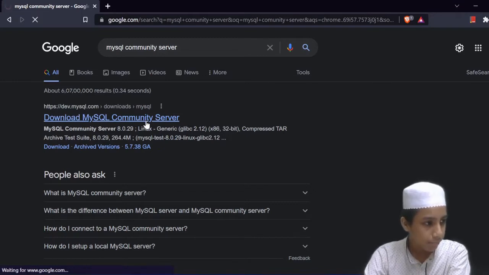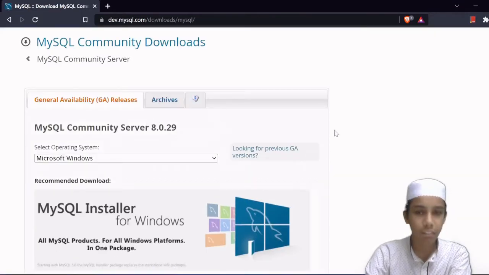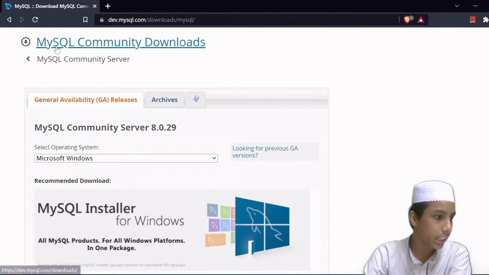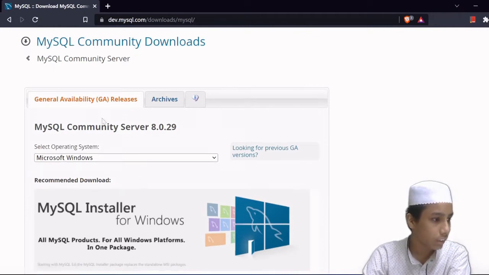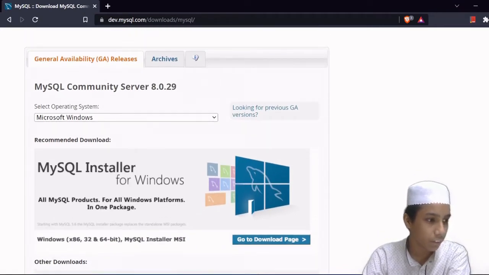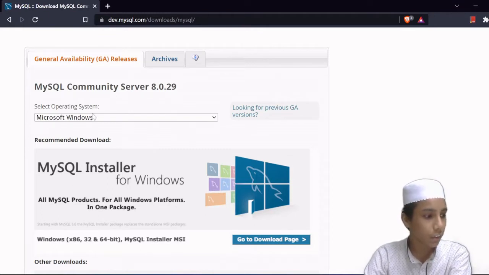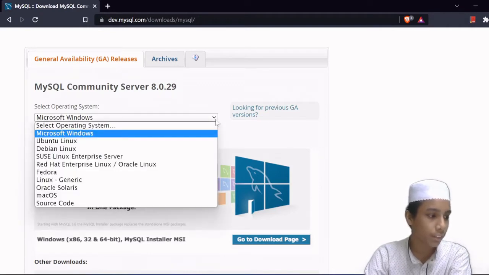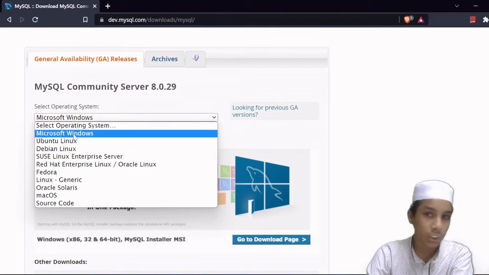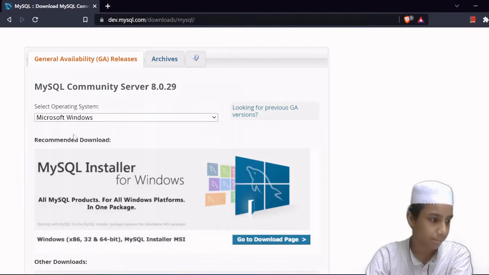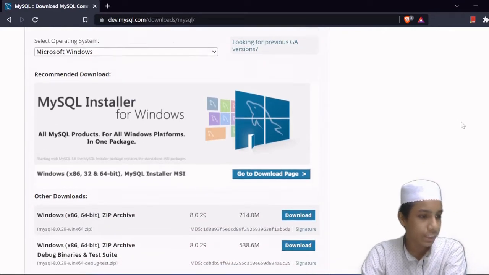Okay, after clicking that we went on a page. Here we can see some MySQL community downloads, and then we have MySQL community server 8.0.29. So we have select operating system. So if you are on Windows, if you are using Ubuntu, Linux or Mac OS, whatever you are using you can choose from here. So here I am using Windows 11, so I will be using the Microsoft Windows. Okay, so now if we scroll down here,